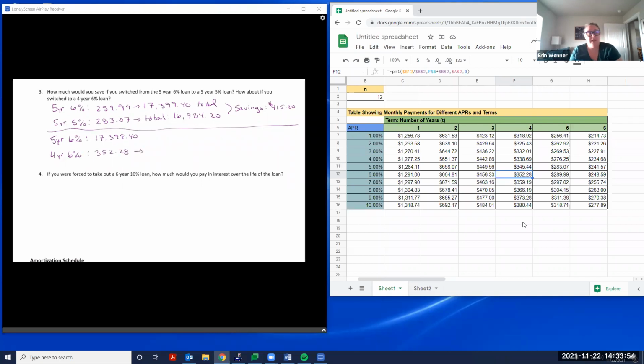Now to get our total, this is 4 years. So instead of multiplying by 5 and by 12, we want to multiply by 4 and by 12, right? Which gives us $16,909.44, which gives us a savings